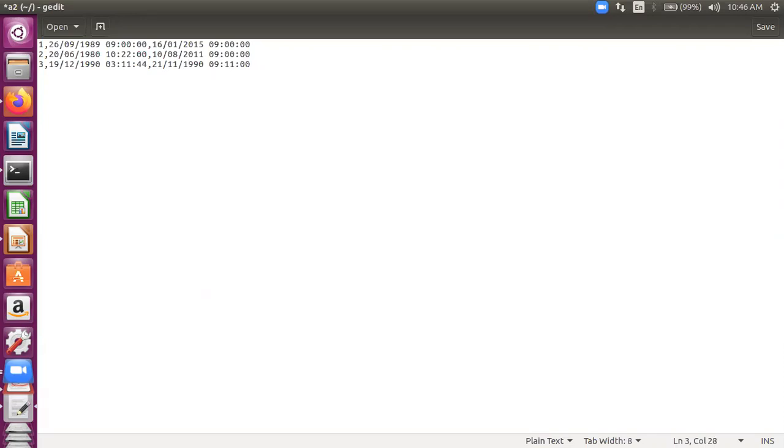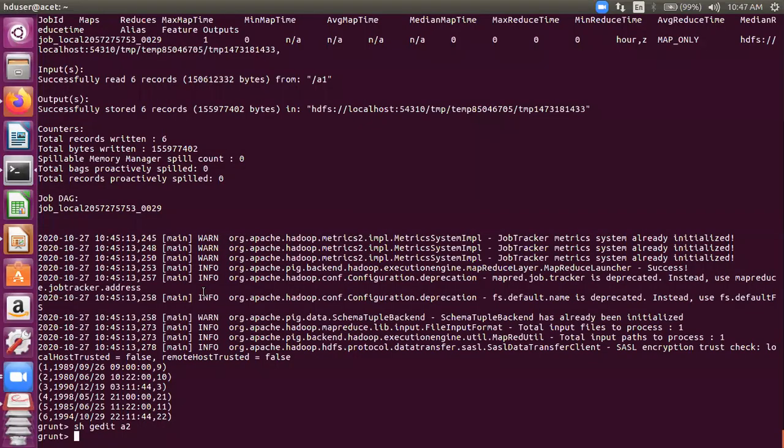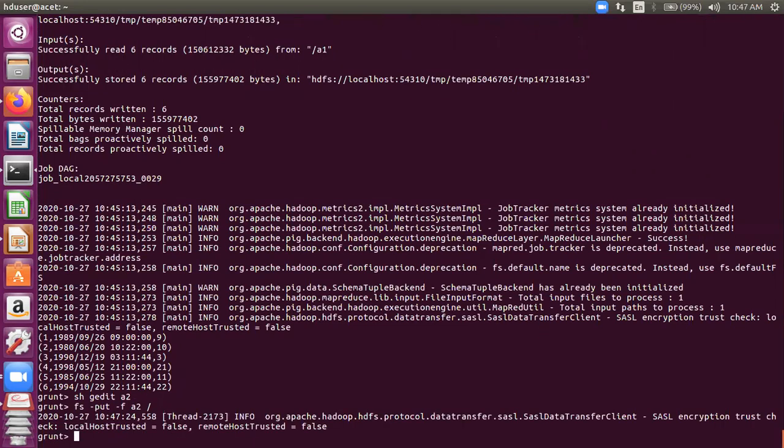So we have 19th December, and let's make it a 10 here. Have a look at this data set. I will be doing the date comparison functions with this data set, named A2. The idea would be the same: first convert it into a date time, and then use the various functions. All right, I'll be using them now. I've changed this file, so I'll just put it again into the HDFS, fs -put -force a2 to root.